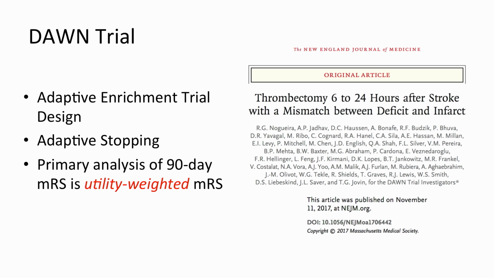We propose the primary analysis to be a utility weighting of those 7 outcomes, in part because of the complexity of the design itself. The design had enrichment steps to it where we might stop enrolling certain types of strokes if the device was not beneficial for that. This was an adaptive enrichment step. There was also early stopping for futility and success in the trial. These are prospectively defined rules that we need to have set up. So we can't do this aspect of, oh, let's do a mathematical test and think hard about it afterwards. We need to incorporate that prospectively up front.